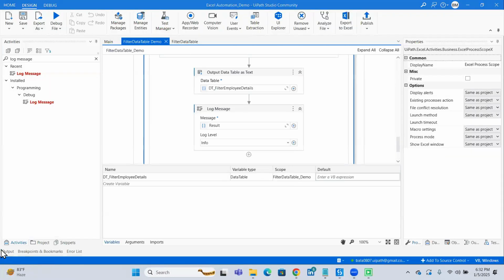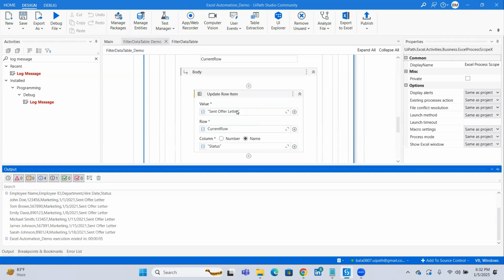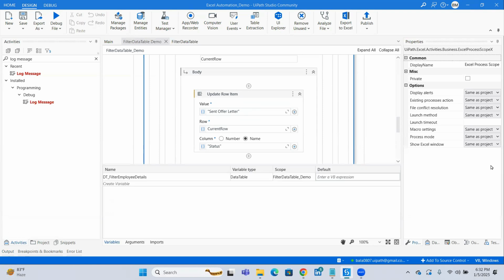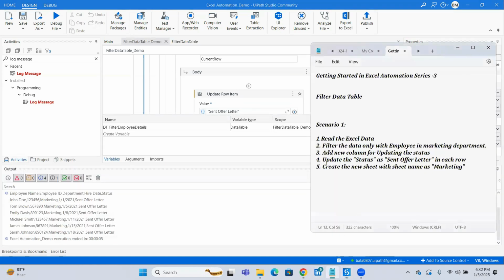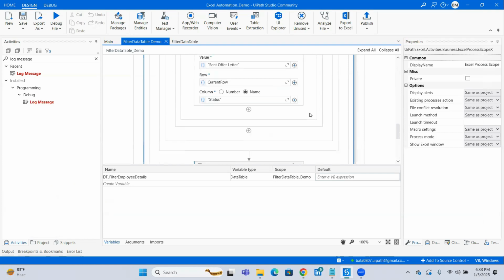Now, if we see the output, we can see our new column, the status is being added, and our update row item has updated. The data has sent offer letter for all the employees who were in the marketing. Okay. Now our last requirement is create a new sheet with the sheet name as marketing and write those data into that sheet. For that, we already know